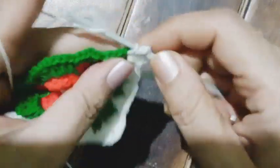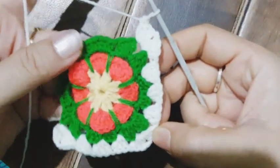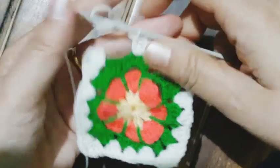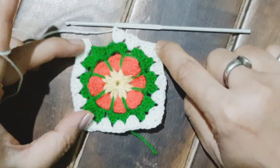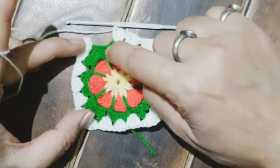So this is the process that is to be repeated all around. Following the sequence, I'm working the corner: 3 double crochet, chain 2, 3 double crochet. So here my third corner is also complete, and I am quite close to the starting point. Now all the corners are done: first, second, third, fourth is also done. Now I'm working my final